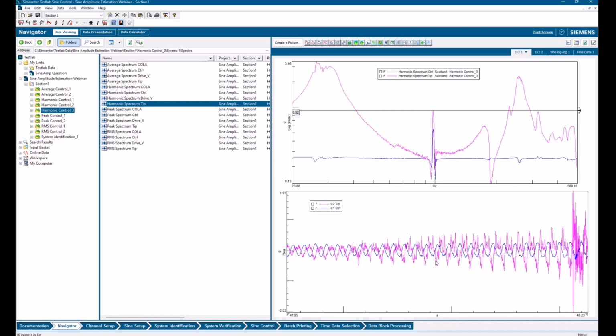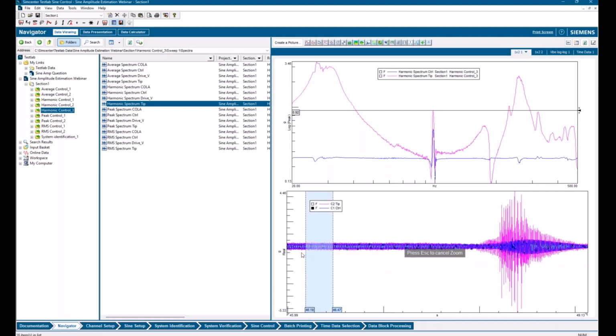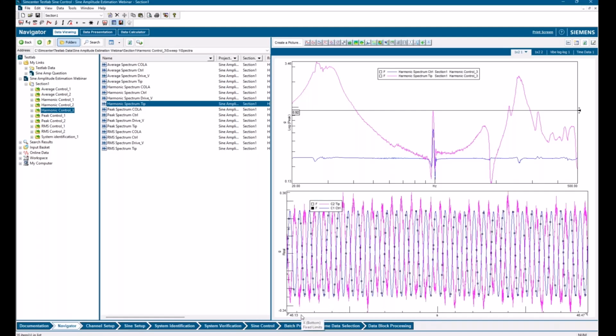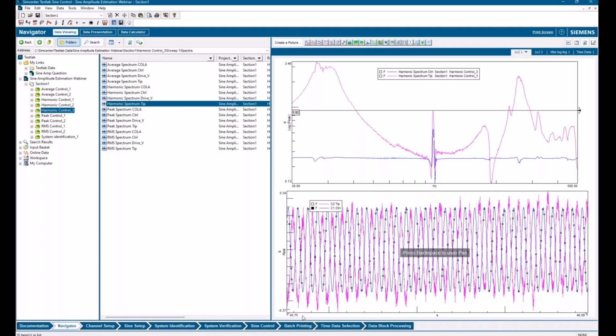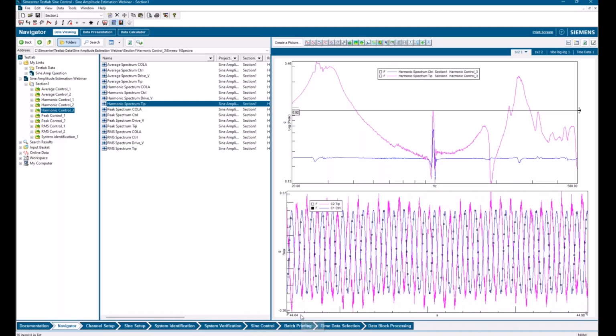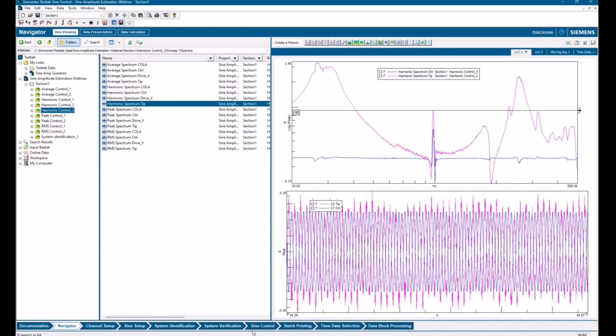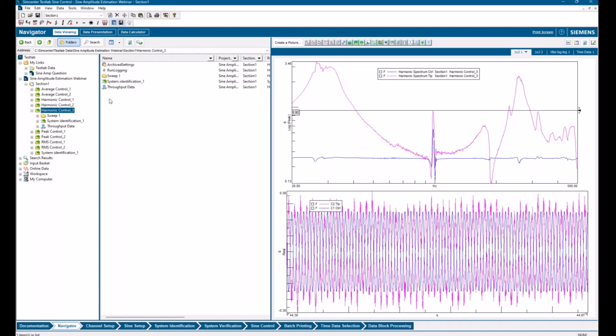You can see, looking at that, what's going on in the time domain is that at some portion here, we've got a nice sine wave, and then for most of it, we don't. So let's do this. Go back into harmonic control, and I'm going to put this in the input basket.